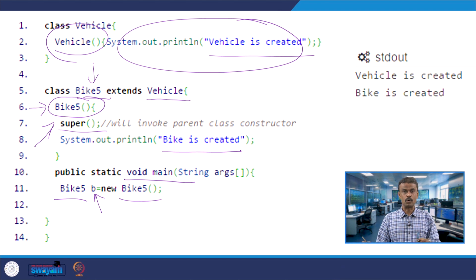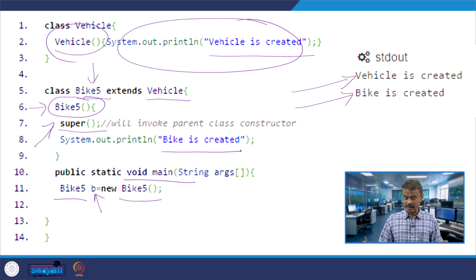When I run the code, I can see that "Vehicle is created" is printed and the second one is "Bike is created". So when I use the keyword super, as we saw with instance data, with line number 7 the base class constructor, I mean the immediate parent class constructor, will be invoked.